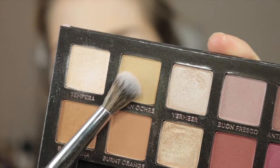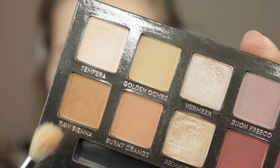And then I'm going to go in with Golden Ochre, and I'm going to use my Morphe E27 brush, which is my favorite brush to use for my transition color. I'm just going to blend this out above my crease as the very first transition color we're using. Go in with Raw Sienna, and I'm just going to take my smaller Morphe brush, M514,